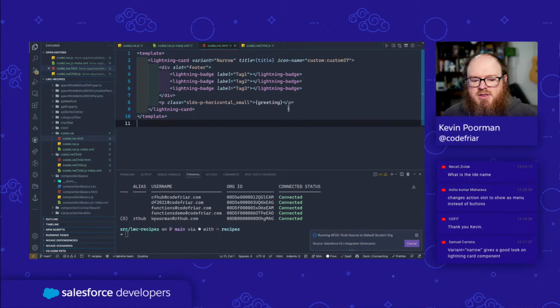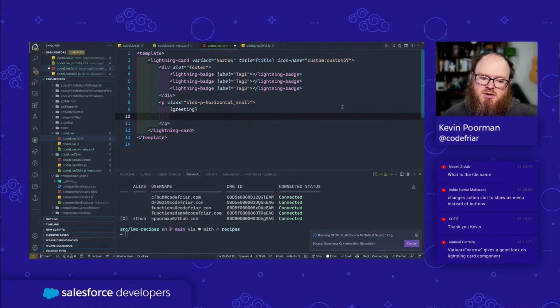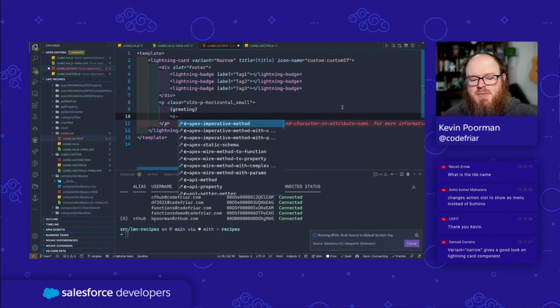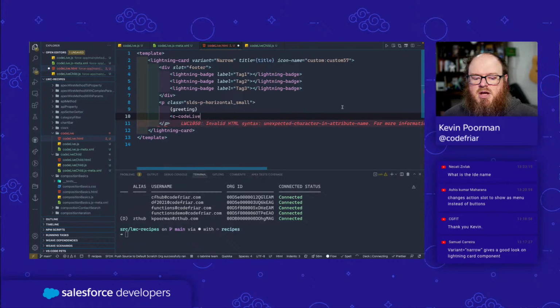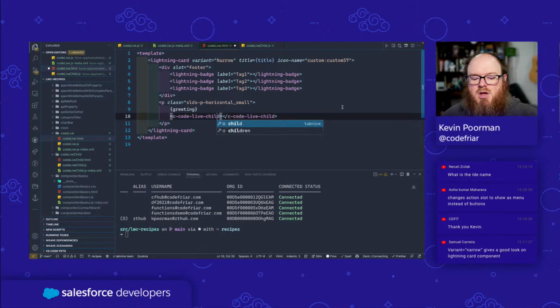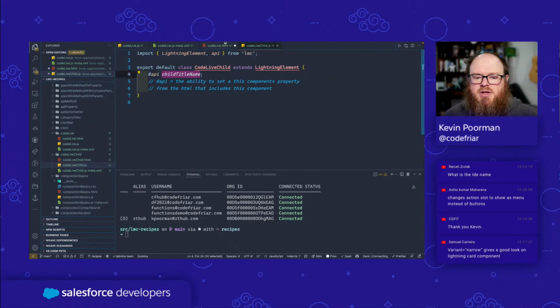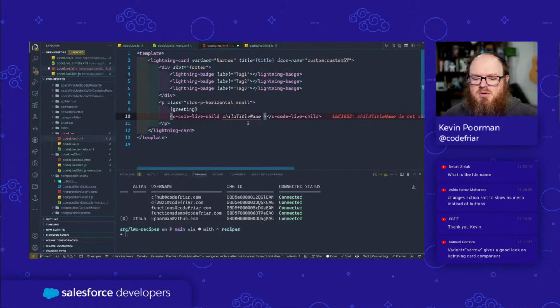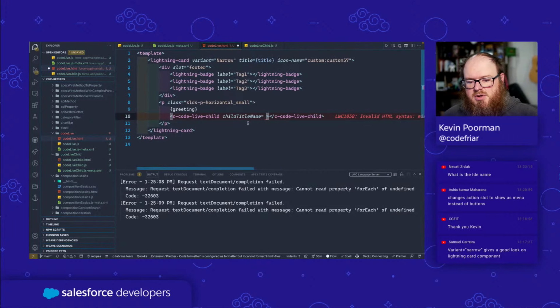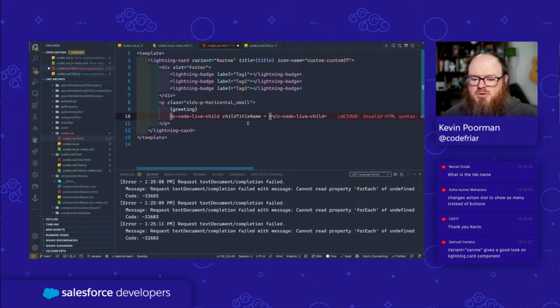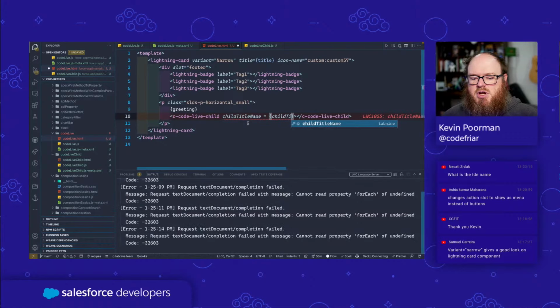We can now say that in our lightning card, here in our HTML of this, we want to include a codeLive child, and we can set what do we call that variable? Child title name equal to child title,